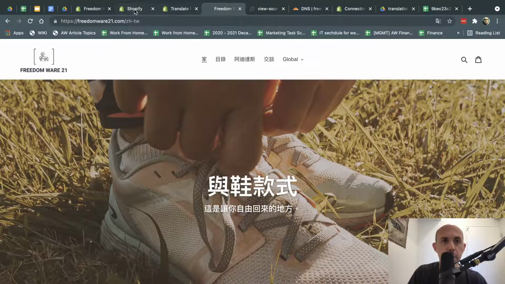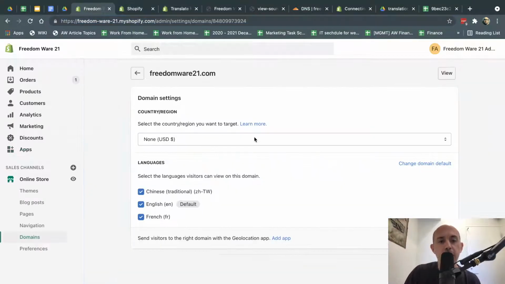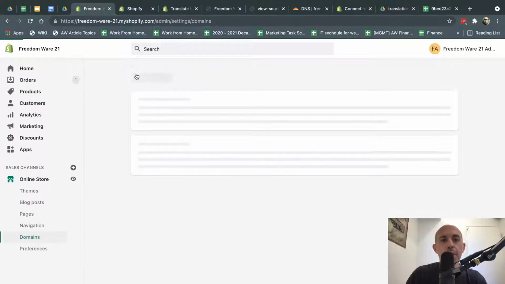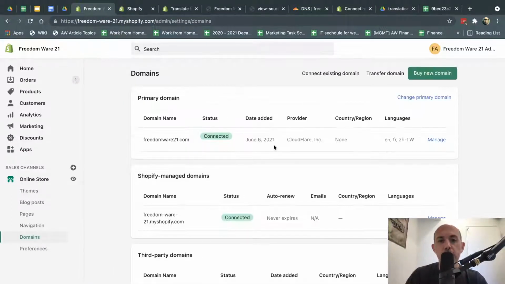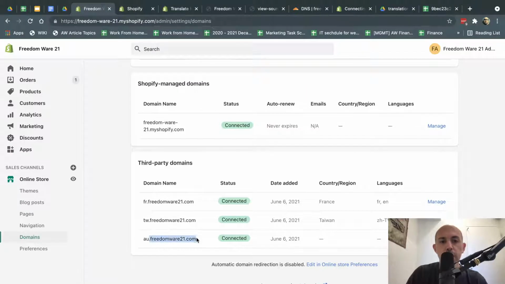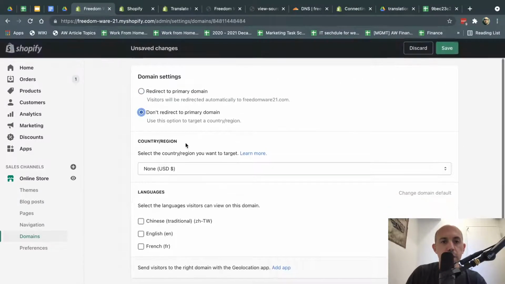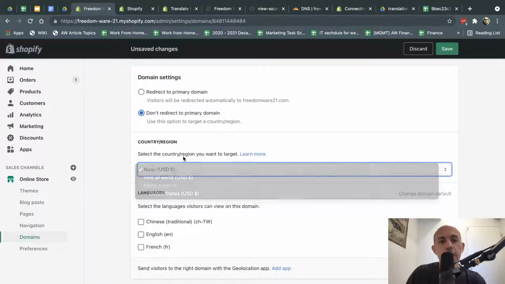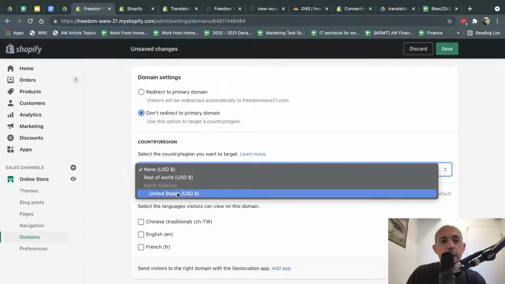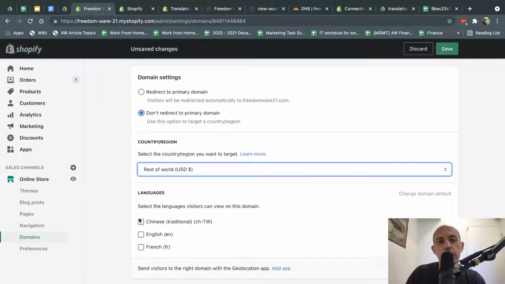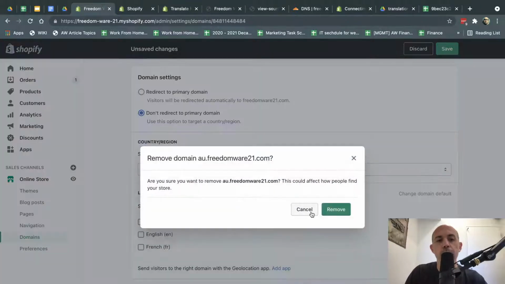Okay, so that's basically it. This is the real walkthrough through everything. I just want to recap very quickly. You see here, for example, Australia has completed. And if I set this up correctly for Australia, I can set up here. Obviously, I don't have Australian currency, but I could, for example, set up the rest of the world. And then, for example, I'd have to set up Australian dollar, etc. So I'm going to remove this. So, recap.